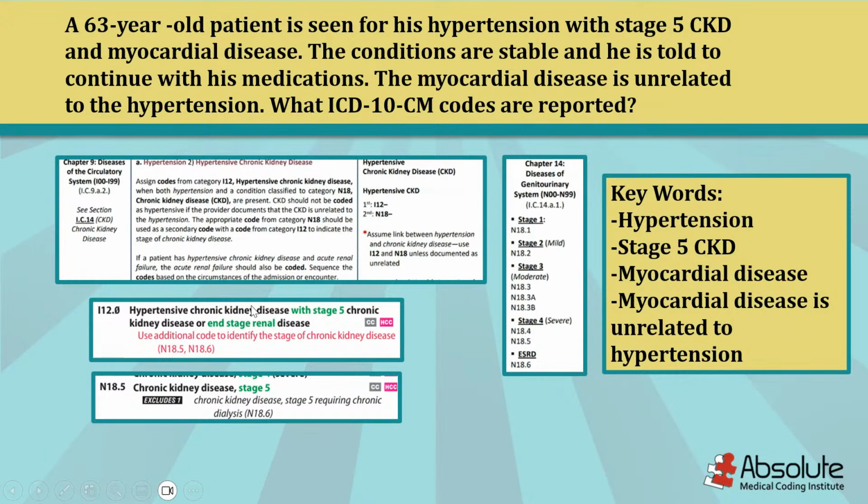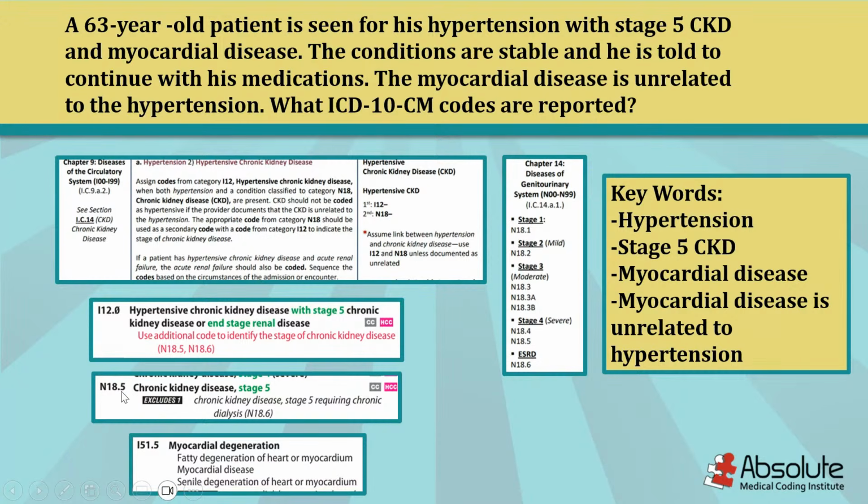And then lastly, we have to code for the myocardial disease. And so that is going to take us to our third code, which is going to be I51.5, which is our myocardial degeneration. And then if you go under here, it accounts for myocardial disease. So that is going to be how we're going to sequence it: I12.0, N18.5, and